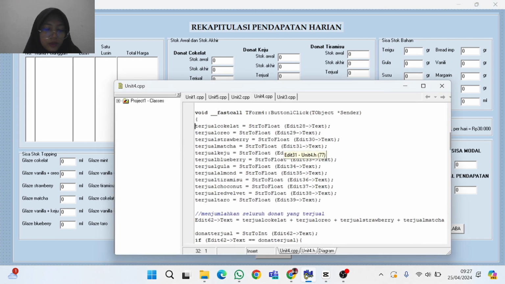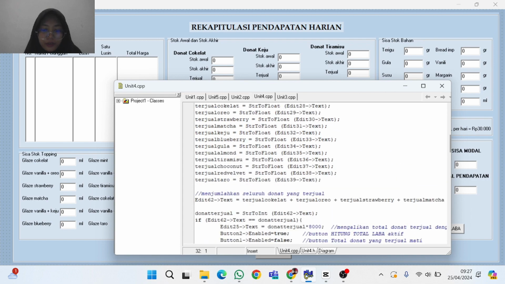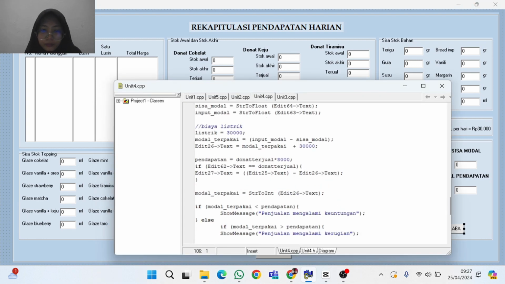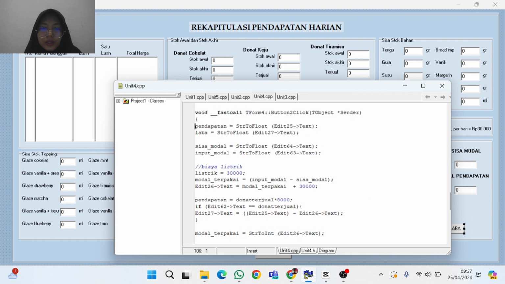If the cashier wants to count all the donuts sold today, this button will total everything. Here the total profit earned will appear. This is the source code.